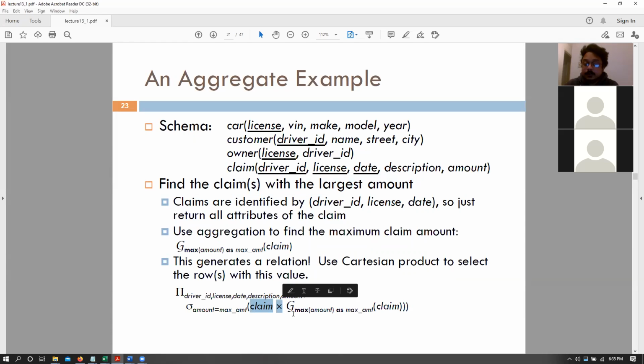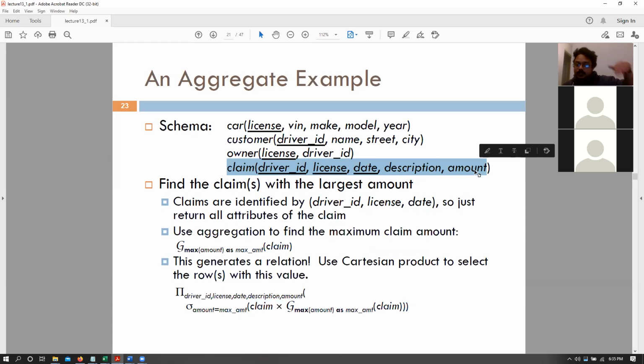Can you guys see what it is going to look like? It is going to be the claims table crossed with itself, where it also has the maximum amount. And now for every row in my claims table that has an amount, I compare it with my maximum amount. If those two are the same, I can then select those rows out.